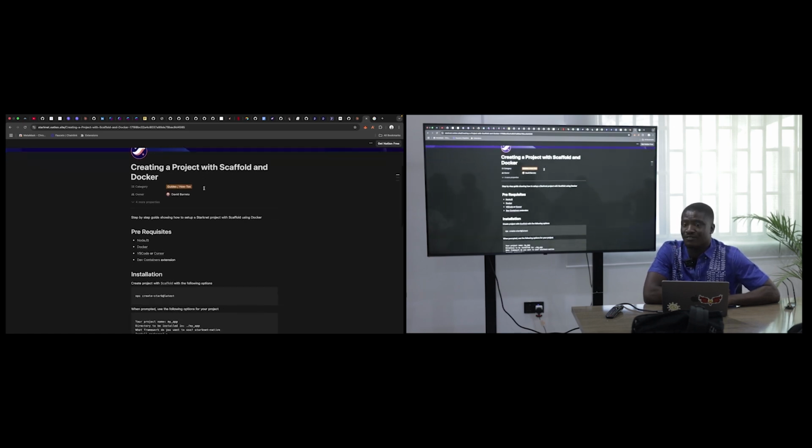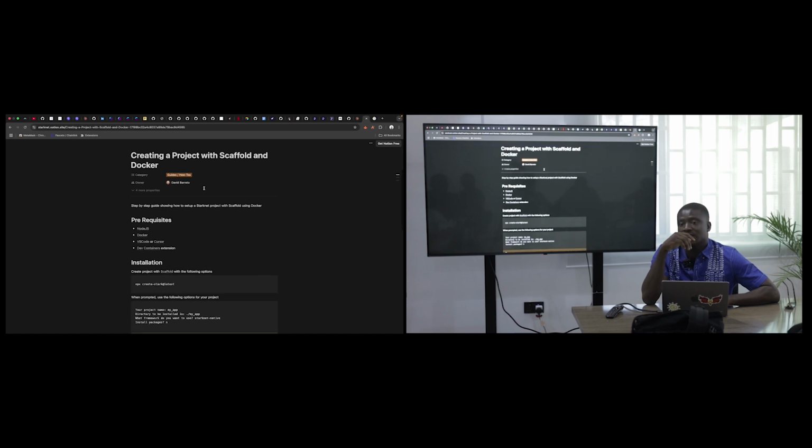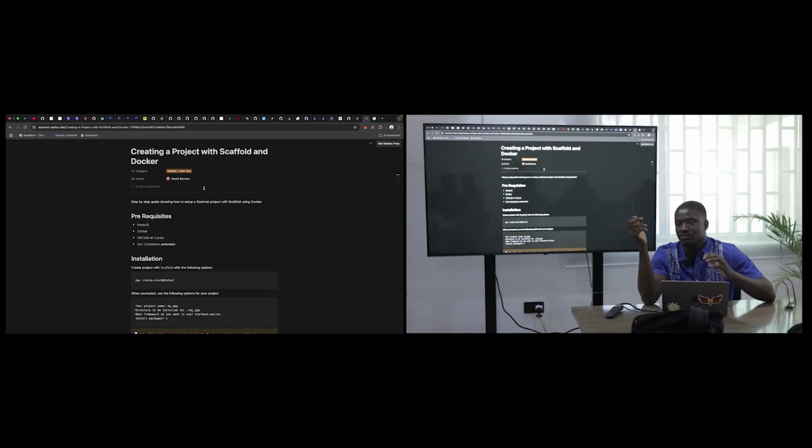Pretty much what the scaffold is, is that they've created templates on how to easily deploy apps, right? So they have a couple of templates that you can easily use. It does the whole scaffolding for you. You know what the word scaffold means, right? Scaffold is when you have something set in place to just make your work easier for you. So